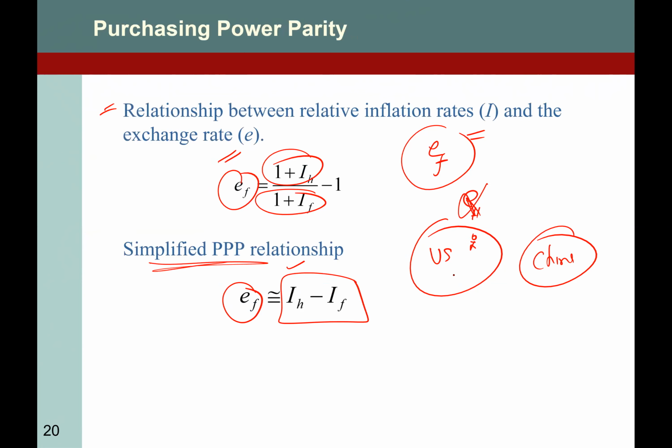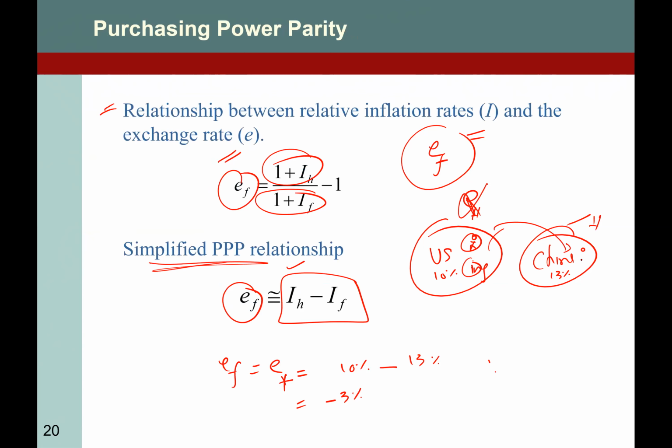If you are here and inflation is 10% here, and in China it is 13%, right? Then the Chinese yuan, because you are here, for you the foreign currency is the yuan. So I should write, will it be appreciated or depreciated? The answer is depreciated. If you are here, then your purchasing power is the same with respect to the Chinese. Why? Because the Chinese currency will now depreciate.